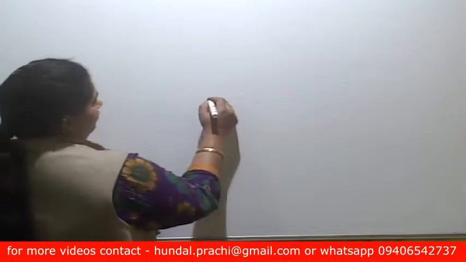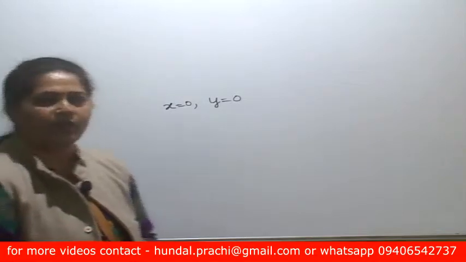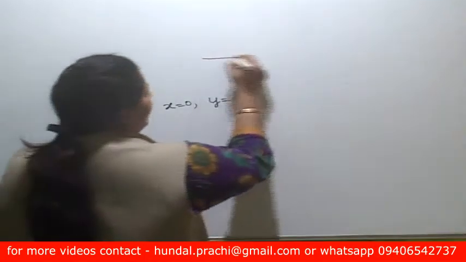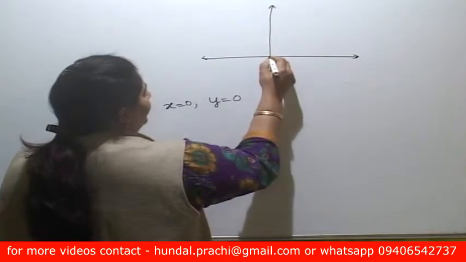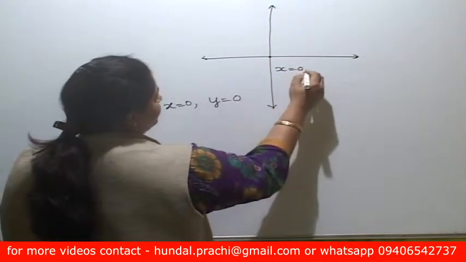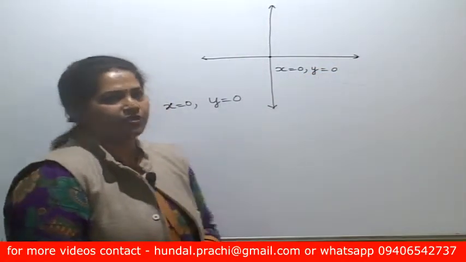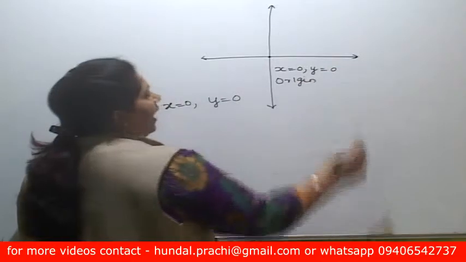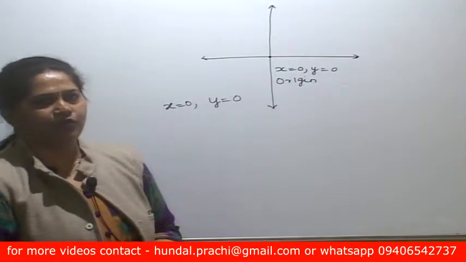Now, I want to explain to you that if any point is of the form, suppose we have to represent any point, y is equal to 0 and x is equal to 0. I told you in the starting that when two axes intersect each other at right angles, that is the two axes, x-axis and y-axis, are mutually perpendicular to each other, and the point where they intersect, this point is the point where x will be equal to 0 and y will be equal to 0, and this point is known as the origin. So the point where these two axes intersect each other is known as the origin, and the coordinates of the origin are 0, 0, that is x is also equal to 0 and y is also equal to 0.